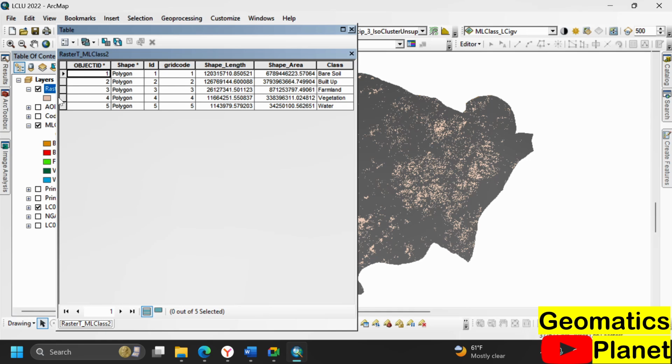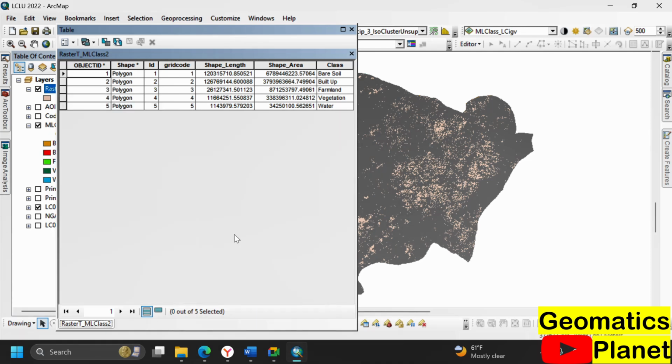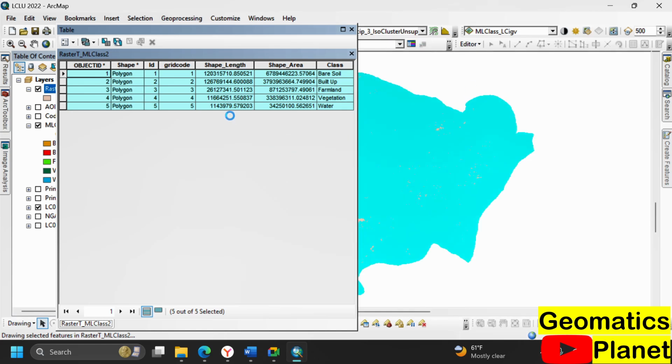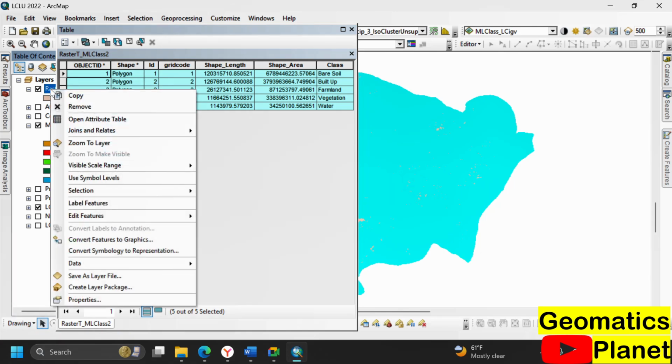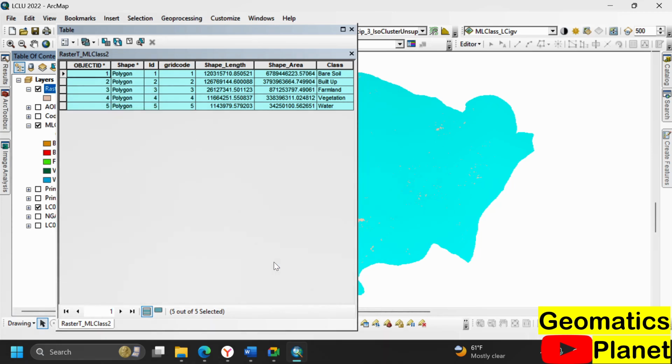So with this, you can now go here. If you are doing analysis, you go here, you do selection, and you say select all, and all will be selected, and then we wait for it to load because it has so much part. So all of them will be selected, and when it is selected like this, the next thing you can do is right click again here, go to selection and say copy record for the selected features,